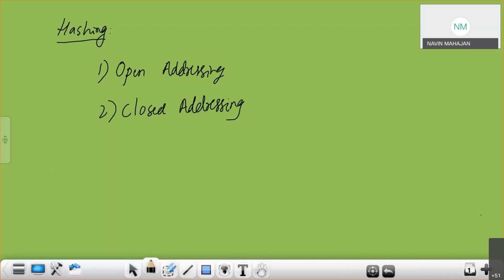Open addressing is also called as closed hash. Or closed hash. And closed addressing is also called as open hash. No, they are reverse, isn't it? So what do you mean by this?